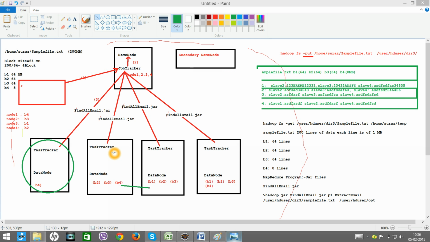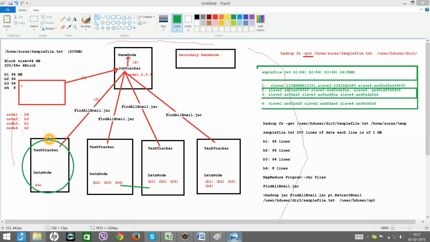Now let's talk about speculative execution. Let's assume all these nodes are alive, and the job tracker has given the B4 block to be processed by this node. Let's say this node is very slow. Its performance has become very slow, due to which it is unable to complete the work.